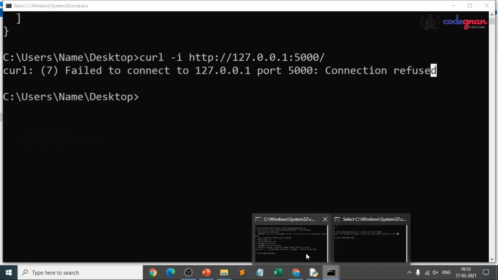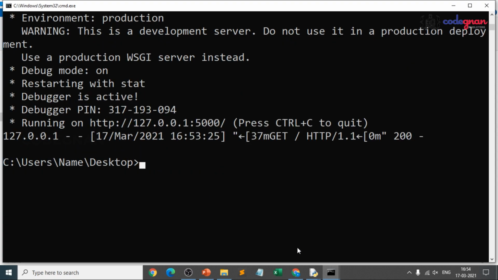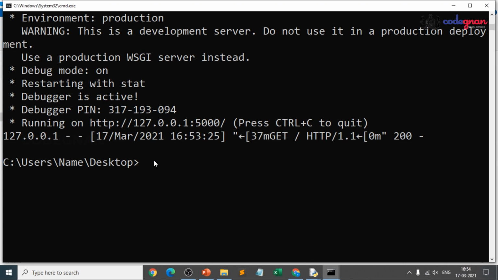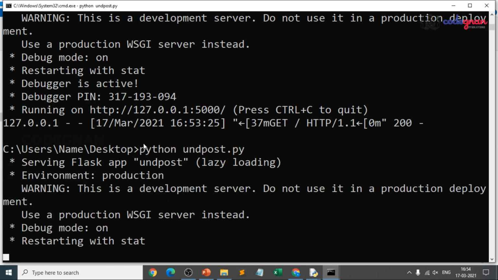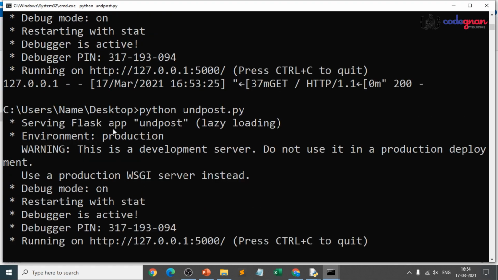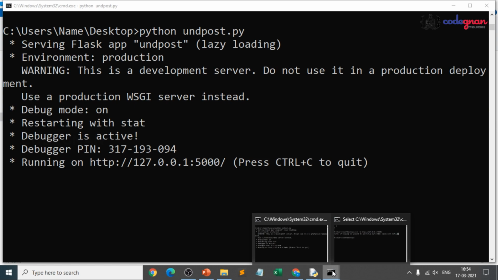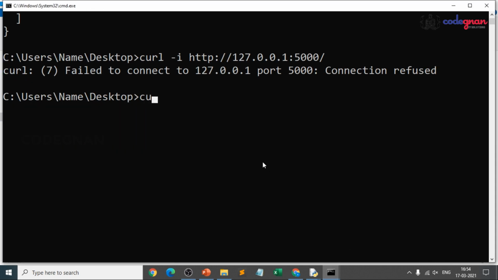So first we'll run the file. What is our file name? Our file name is understanding post. We just give python understanding post. There you go. Good. Debugging mode is on. Server name, it's fine. So let's try to give the curl command. The curl command is curl